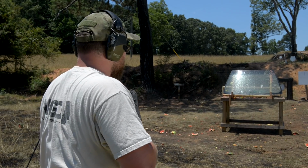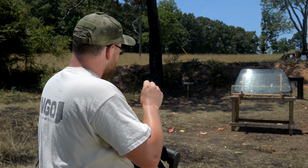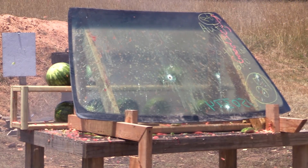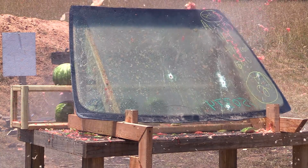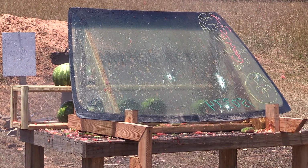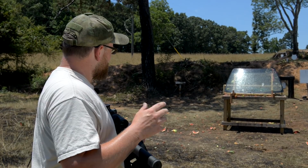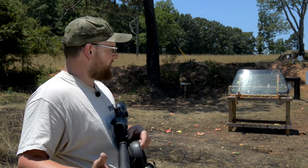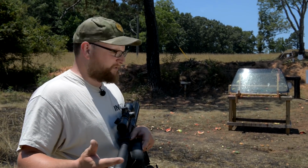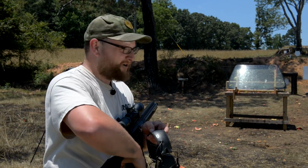Well, one thing that I can say right out the gate that I noticed right there is the fact that the watermelon chunks definitely spread to a wider range in terms of the circumference around our little fake car that we've set up here. Auto glass is a really interesting barrier to shoot through. Some bullets, it chokes up really bad. Others, not so much. We saw the 5.56 actually fared pretty well in the auto glass test, which I expected from experience. But let's go have a closer look,